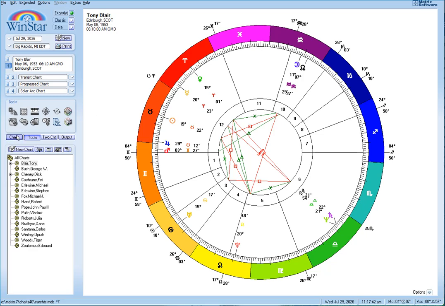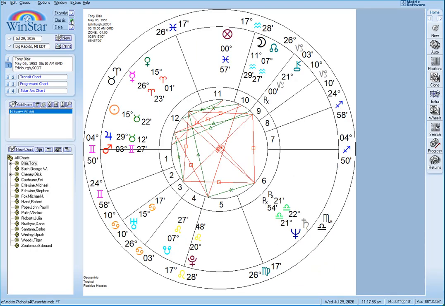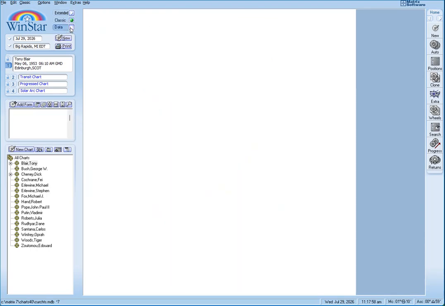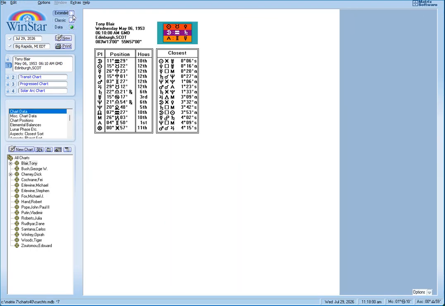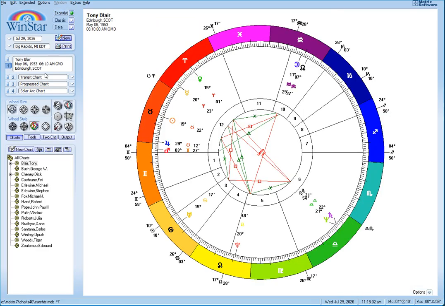Today I will show you the different parts of WinStar. WinStar comes with these 3 views: the extended, the classic view, and the data view. The extended view shows you all of these features here.